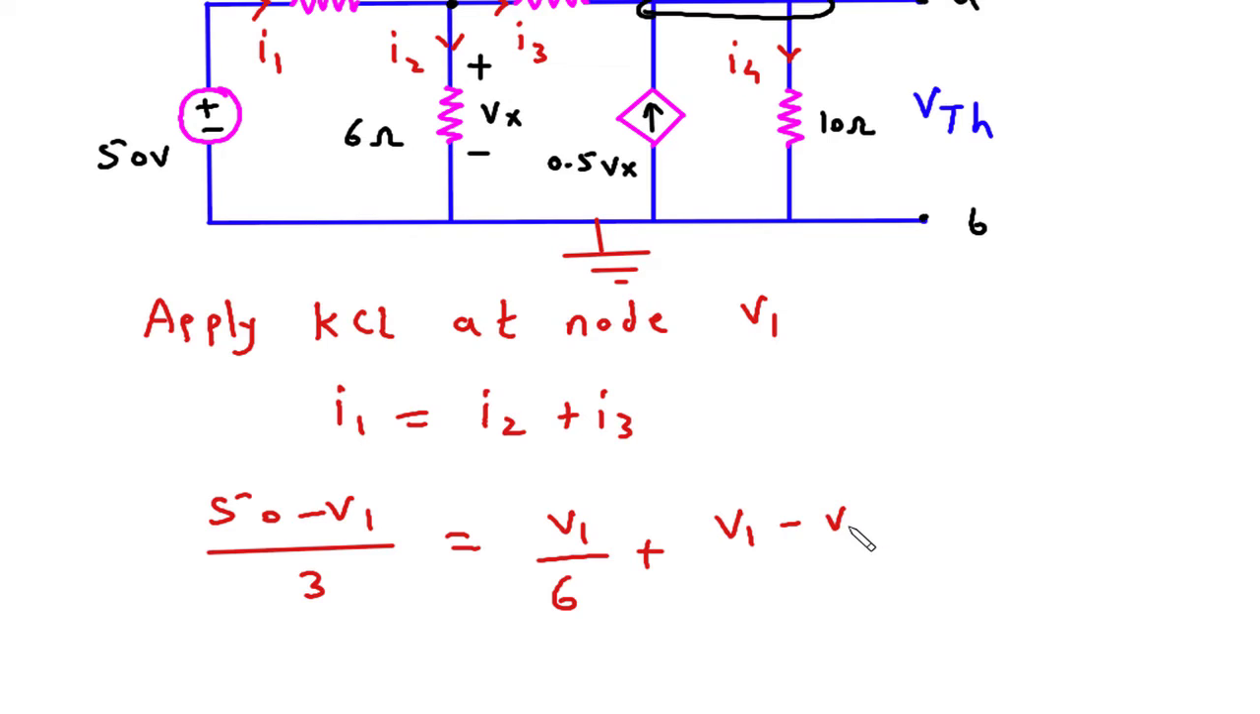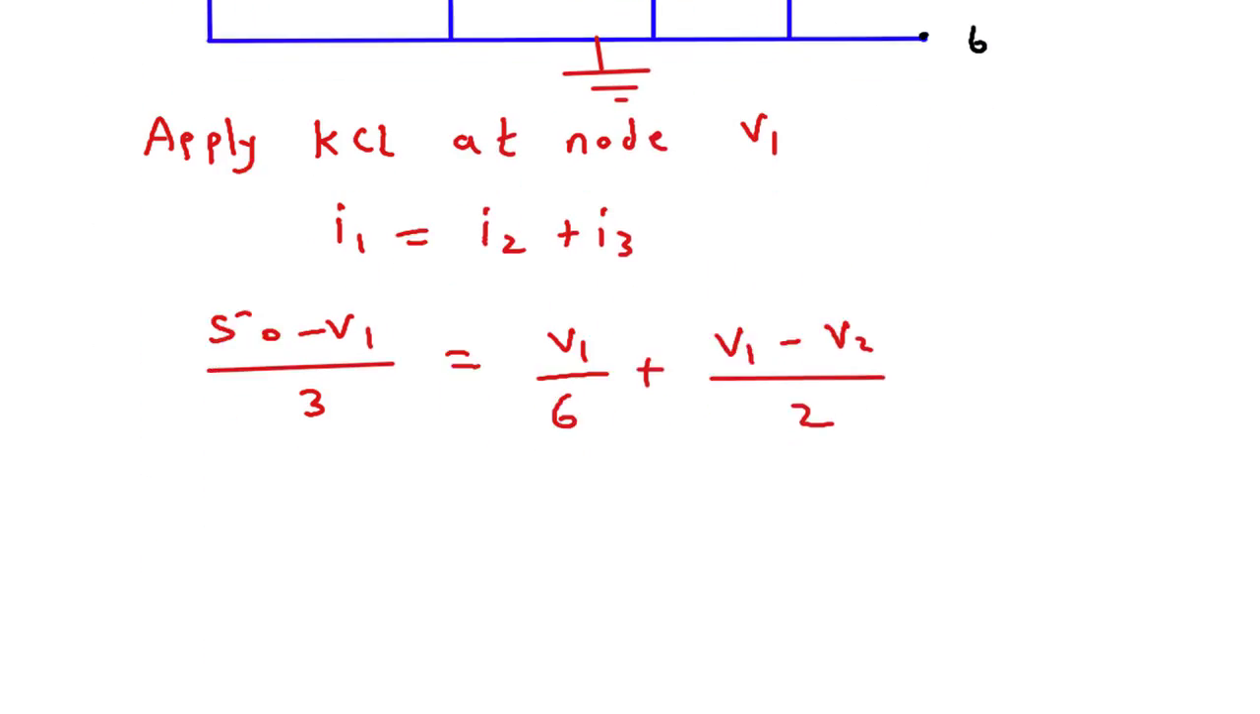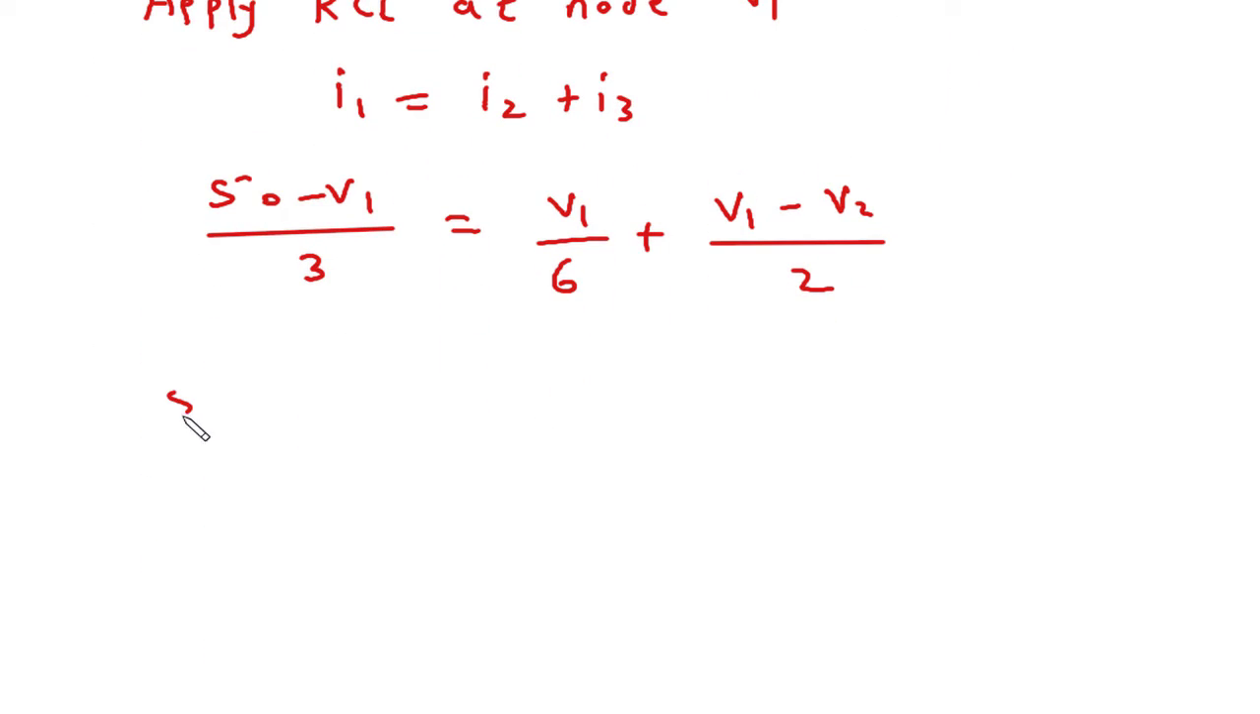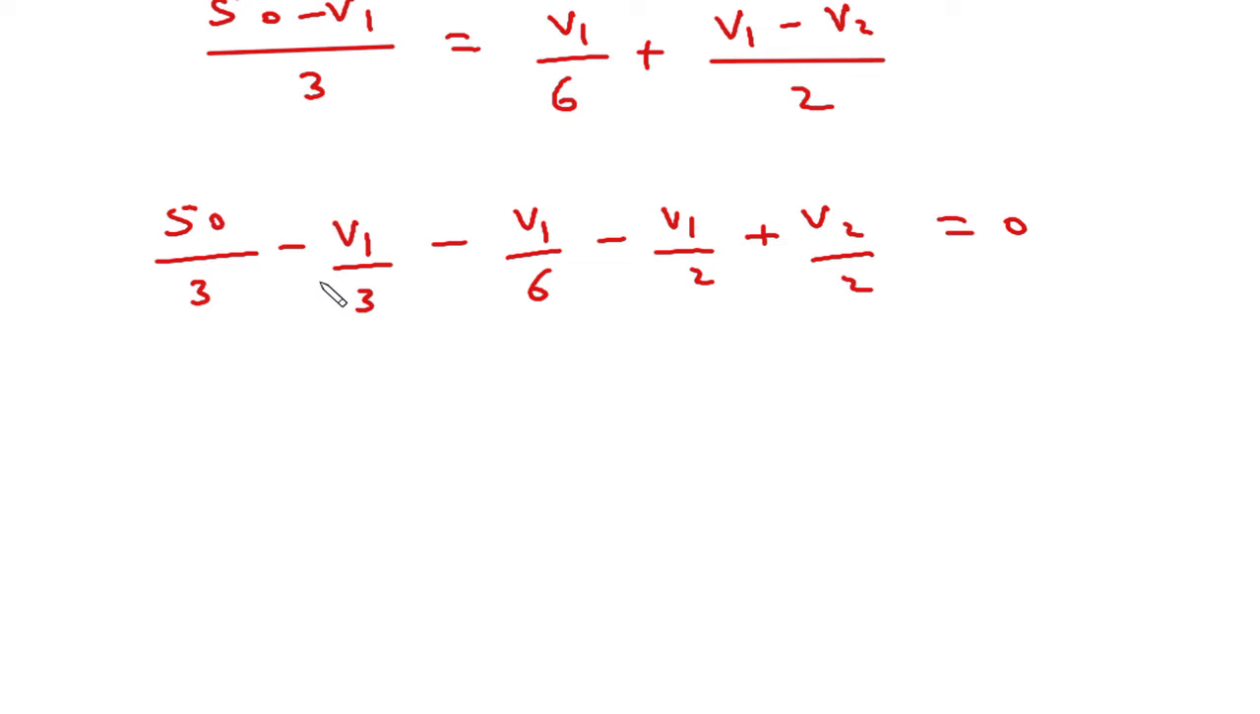V1 minus V2 by 2. Now we will simplify this. So this will be 50 by 3 minus V1 by 3 minus V1 by 6 minus V1 by 2 plus V2 by 2 is equal to 0. Now this will be minus 1 by 3 minus 1 by 6